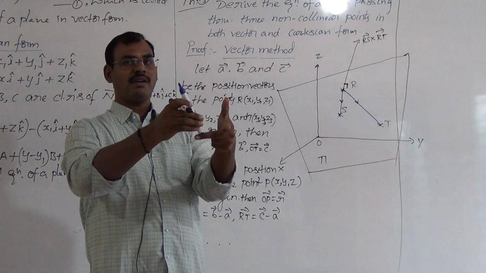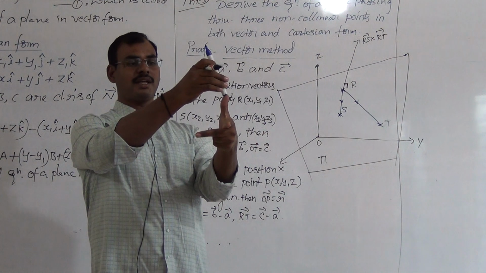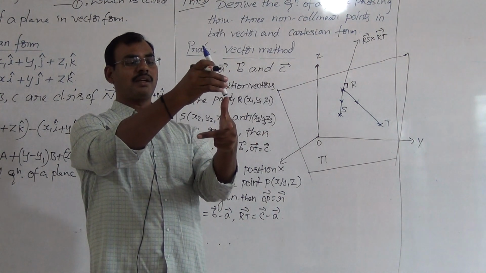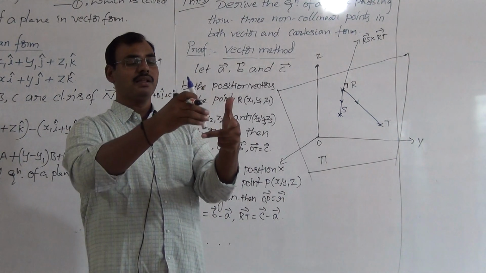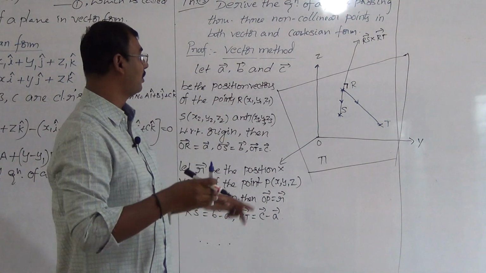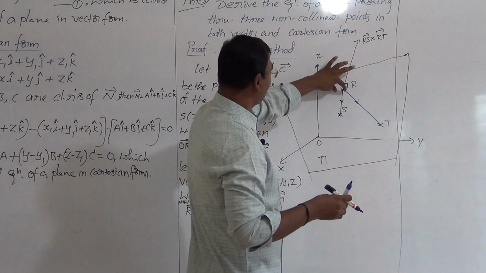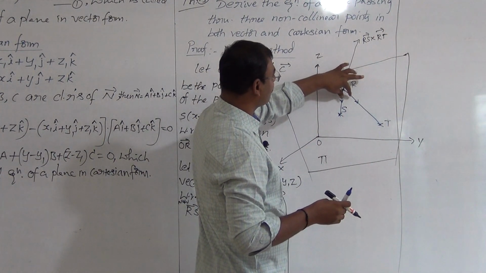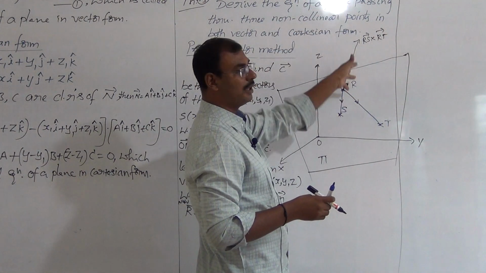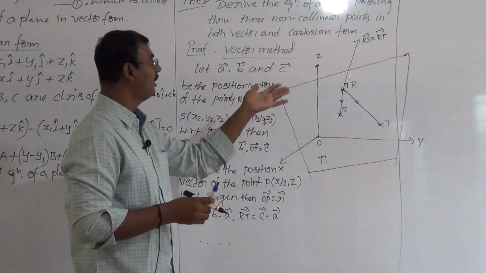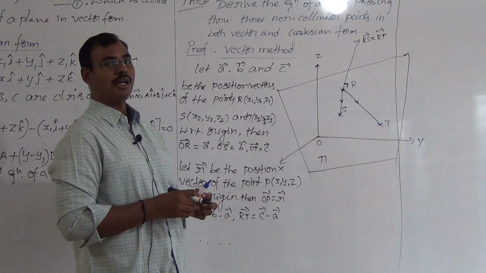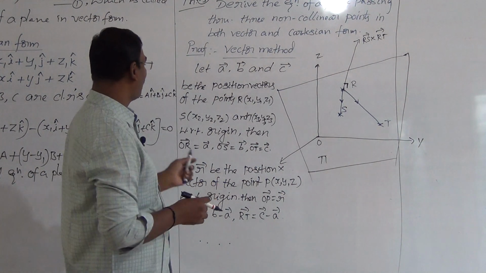Remember all of you, this hand system, that is I, J, K. I vector cross J vector gives K vector, and K vector cross I vector gives J vector. Okay? So a cyclic form is formed here. This cross product of 2 vectors is always perpendicular to the plane only. So where does it lie? It is always perpendicular to the plane.